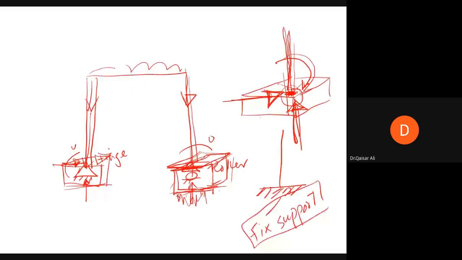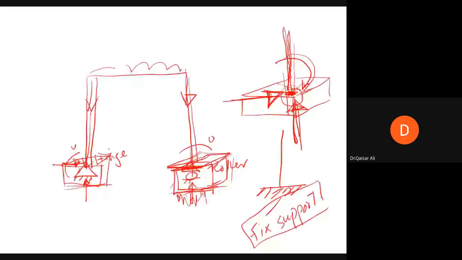Okay, so for a fixed support, we should design the support so that it behaves like a fixed support. Okay, so the assumption in the beginning shall be supported by the design. Design such that